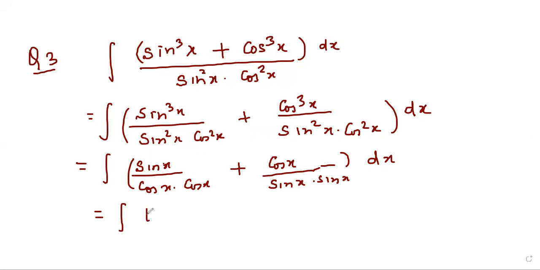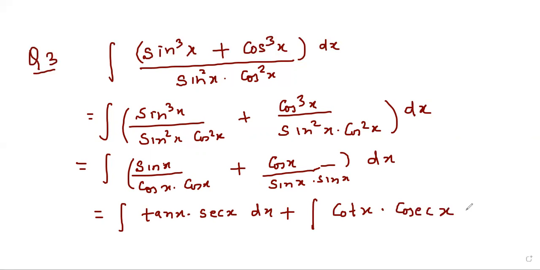Now it will become tan x into sec x dx plus it will become cot x into cosec x dx. This will give sec x. This will give minus cosec x plus c. This method is better. Now, question number 4. So, question number 4 says integration